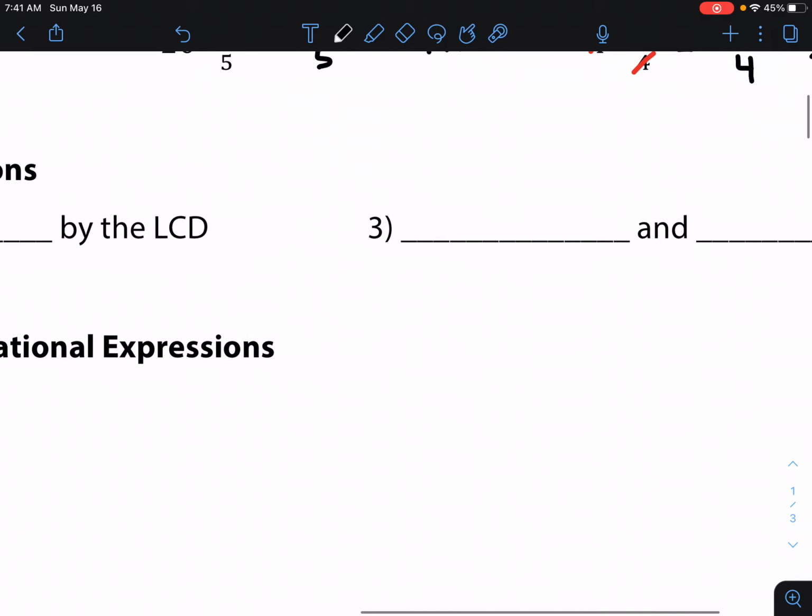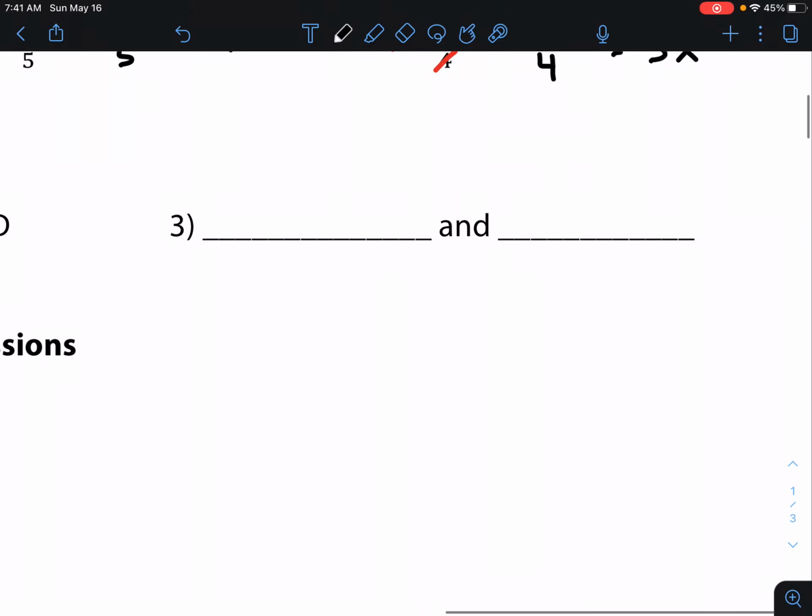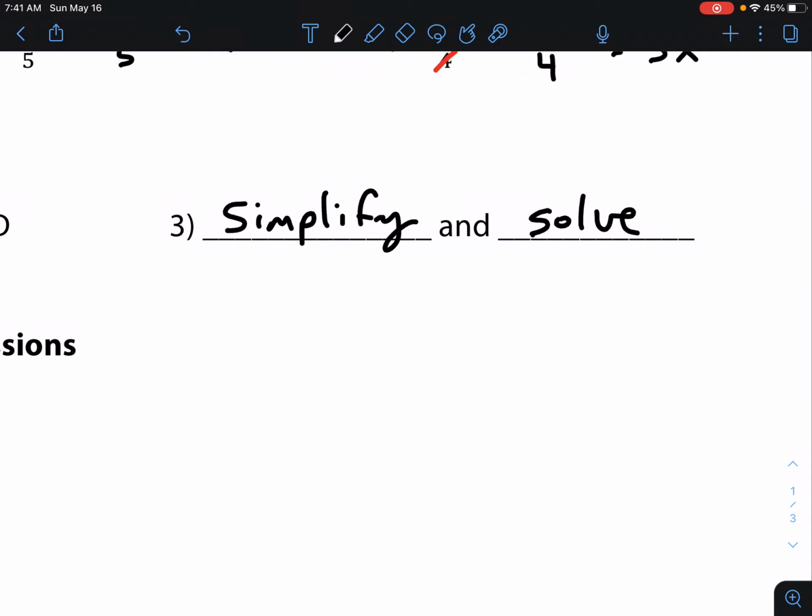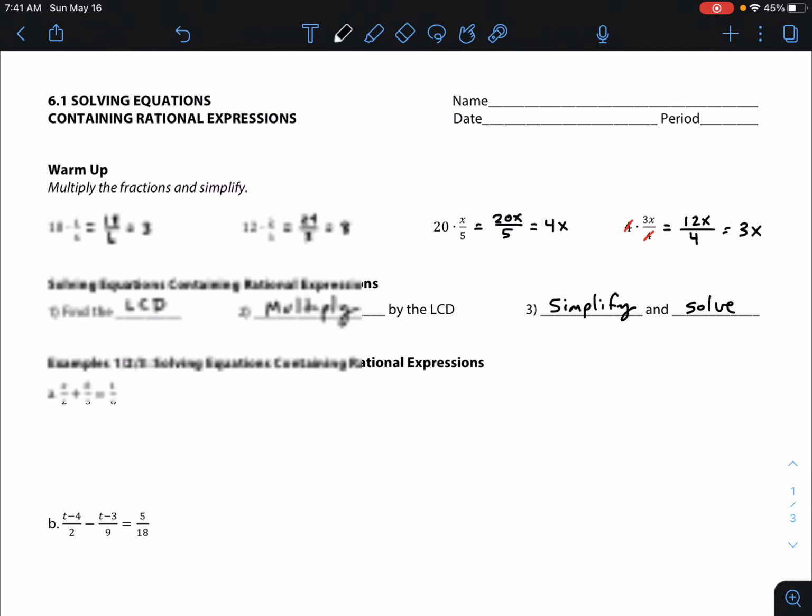And then what we're going to do is we are going to simplify first, kind of like what we were doing up above, exactly like what we were doing up above. We're going to simplify and then solve. Okay, so when we simplify, what we're going to do is eliminate the fractions, and that's what we want. We want to be able to eliminate those fractions so the equation is easier to